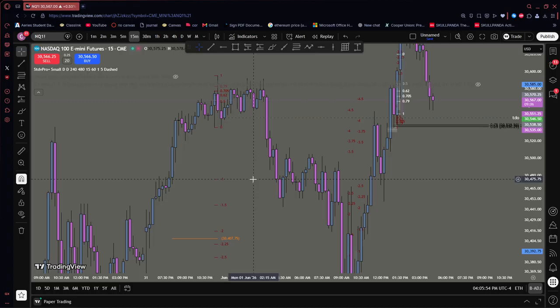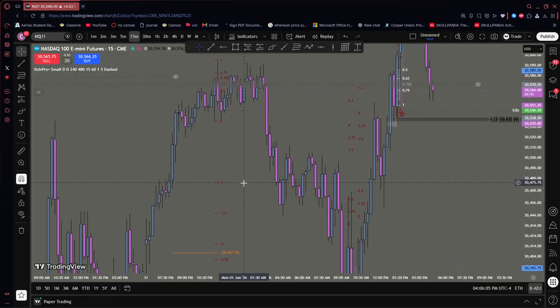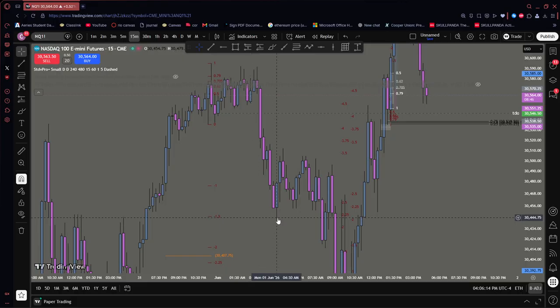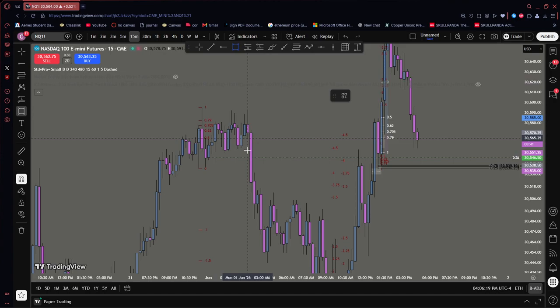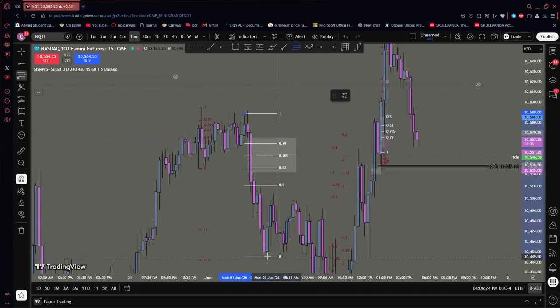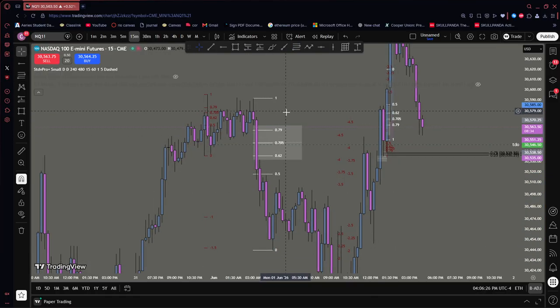You want usually for -1, most ideally, I'm speaking in a fantasy environment where everything is sunshine and rainbows, everything works out to the best that it could. So -1, you want to see accumulation and then a retracement back to OTE of this current range. We didn't see that. -1.5 is the backup plan B for that, and we did see a rejection and we did see accumulation. Ideally, we would have wanted to see a retracement back into the current OTE range, which would be here, and this fair value gap